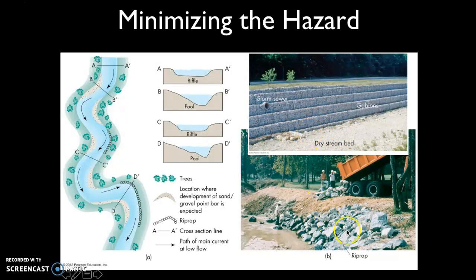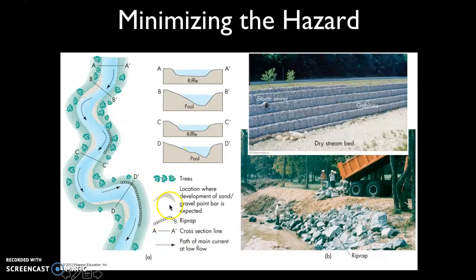Gabions are not going to be big boulders like the riprap, but smaller, cobble-sized material that is encaged in little metal cages. So they're kind of like a square cage full of rocks. And make sure that you know that, because both of those are going to be on your quiz. So gabions and riprap. They work the same way,